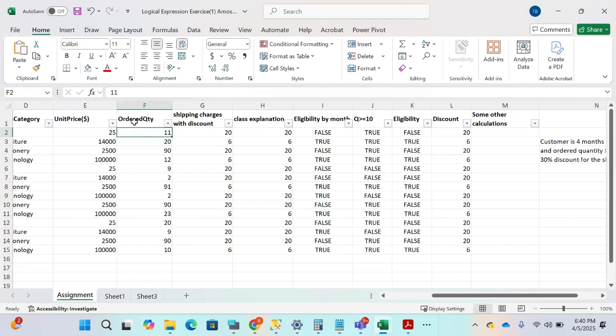For the customers that are eligible for this shipping discount based on the criteria we already know, we want to give them discounts for whatever they buy also. Discount of maybe 50%. Okay, so how do we do that? We want